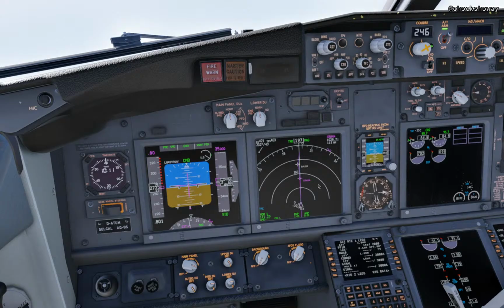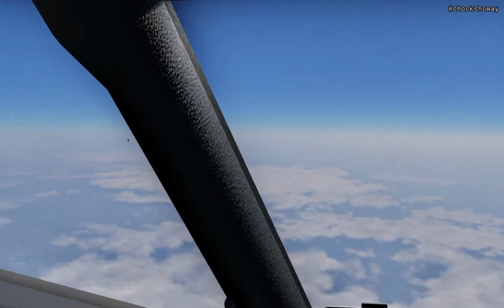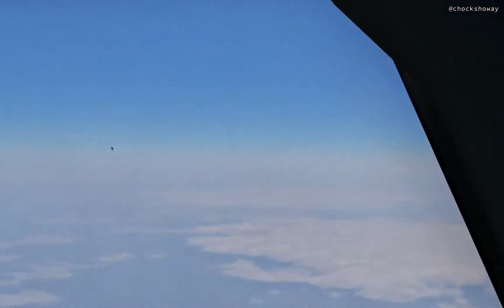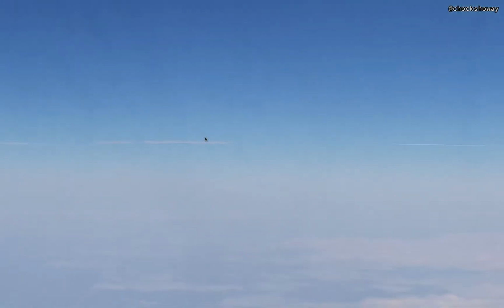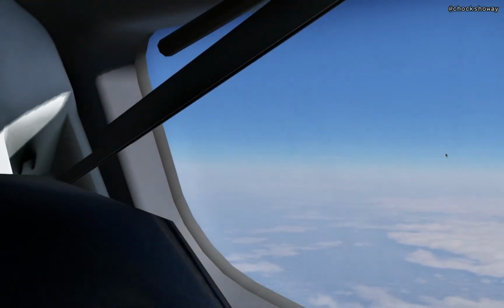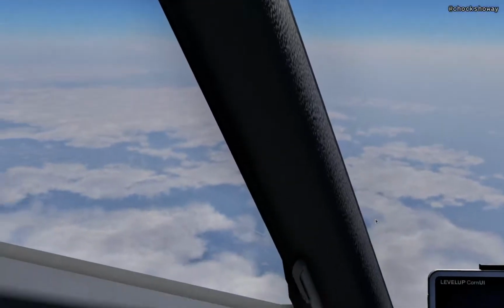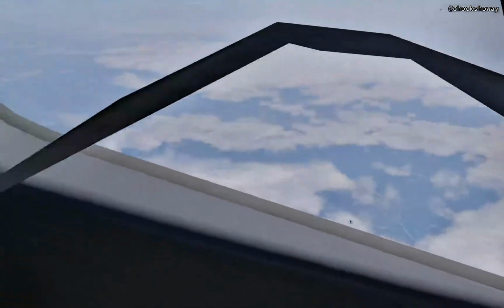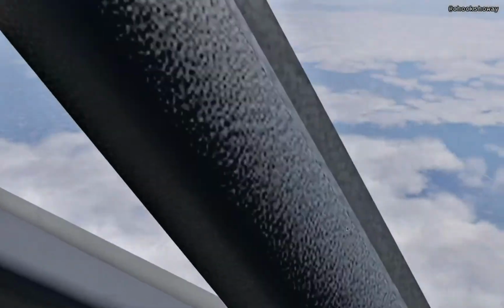Just zoom out a bit. Ooh, we've got a little bit of traffic nearby. So within 40 miles, we've got some traffic off to the left. You can just see the trail there. 2 trails. So we've got a Chanex, which is Jet 2, 2 Papa Charlie. Is that another one? Or is that just some clouds? Maybe the contrail from the Chanex. Oh, if you look down here, we've got the headrest, which I've magically gone inside of,